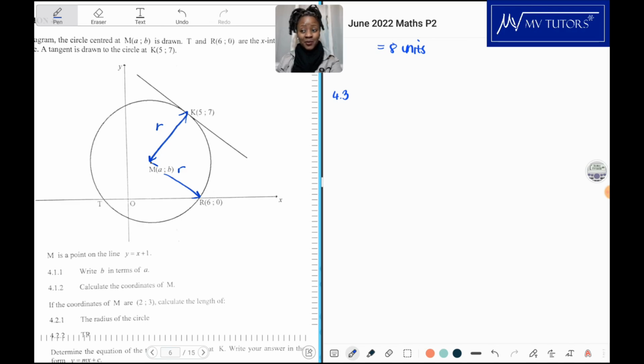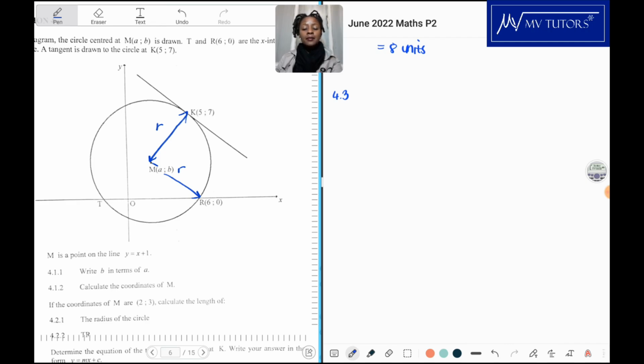A point is not a problem, we have K. The gradient is what we need to now calculate, because the radius is always perpendicular to a tangent line. If I have the gradient of the radius MK, okay, not MR, so let me not get ideas. So I'm going to take MK and look for the gradient there,